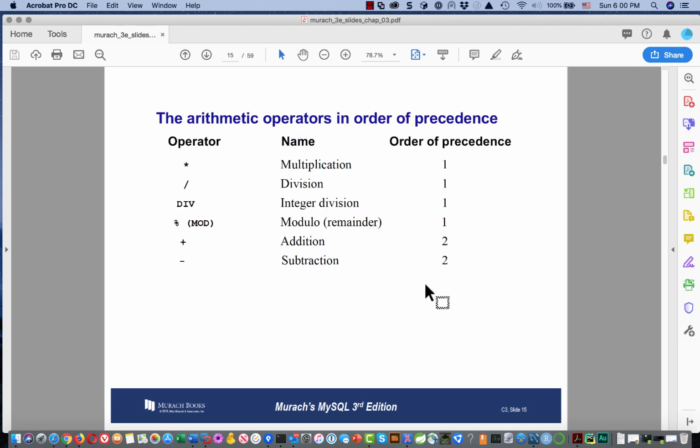Now, in an arithmetic expression, we can do addition and subtraction with the plus and the minus, not too surprising. We can do multiplication and division. Multiplication is an asterisk. Normal division is a slash. What are these other two? Well, DIV, capital D-I-V, is integer division, and either a percentage symbol or a capital MOD is